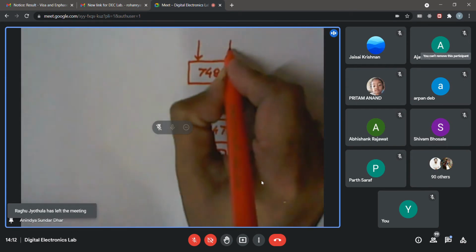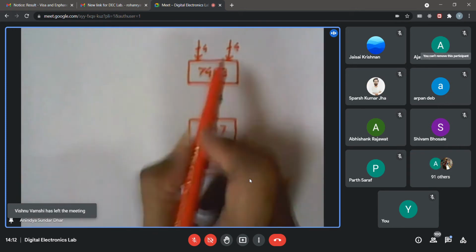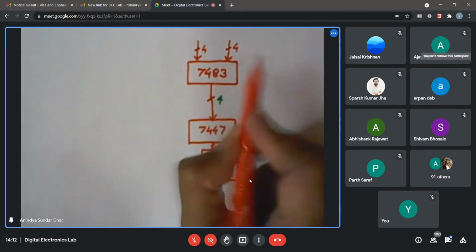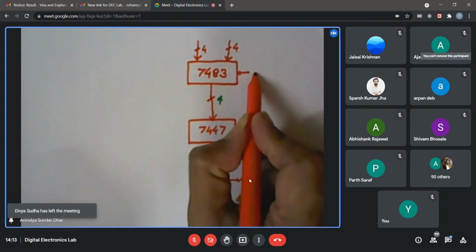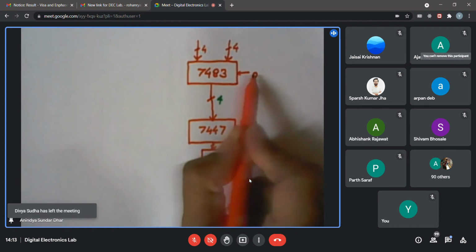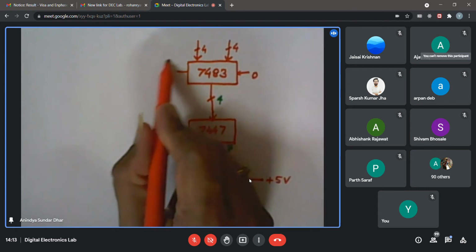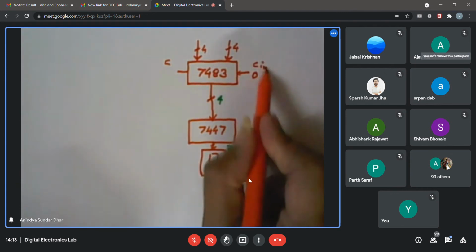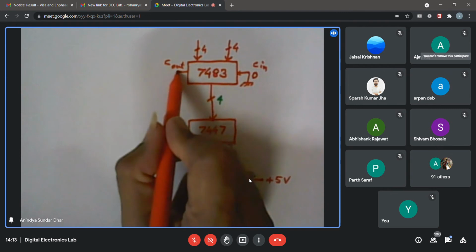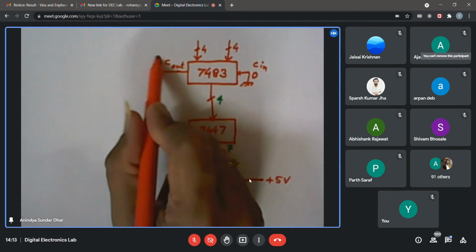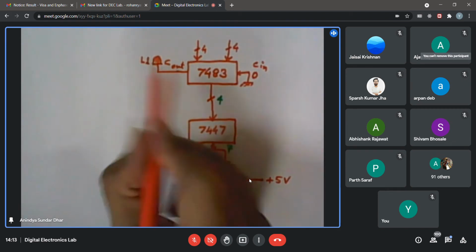So in that way, 7483, I may draw it like this, that it is having 2 4-bit operand bus. One we call A, another we are calling B. We are having C in that. I think presently maybe you have kept it grounded. So I'm showing as if I'm sending a logic 0 over here, and you are having this C out. So if this is C in, let me show ground connection. And then C out, I think you have connected to some logic lamp, L1 or something, to check whether carry out is there.